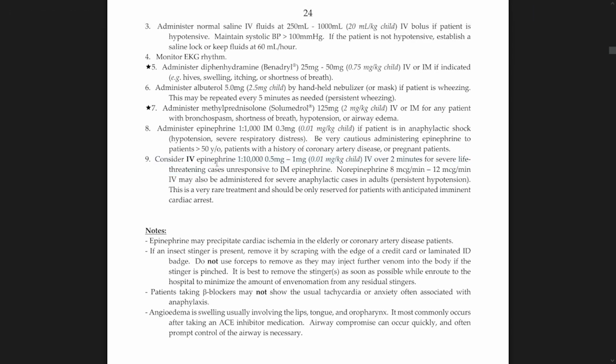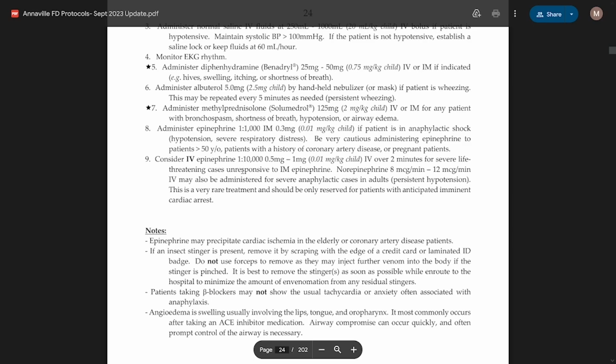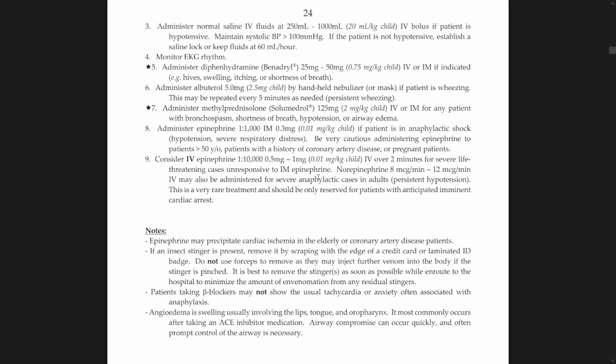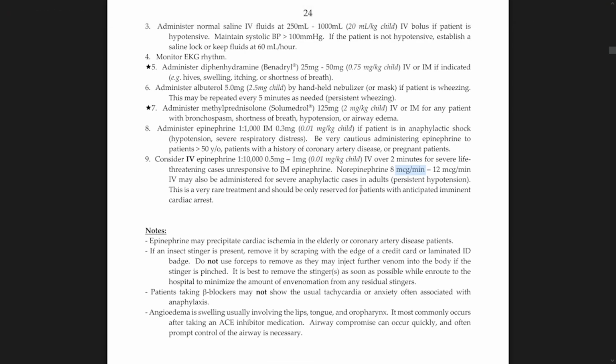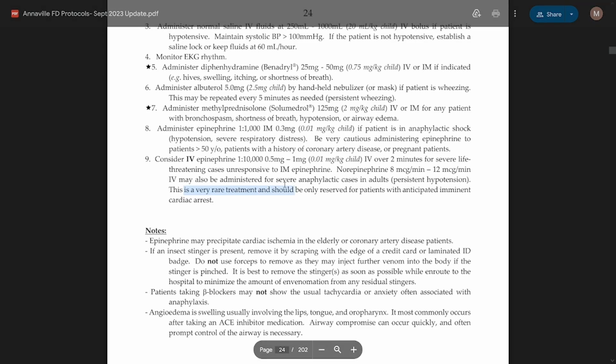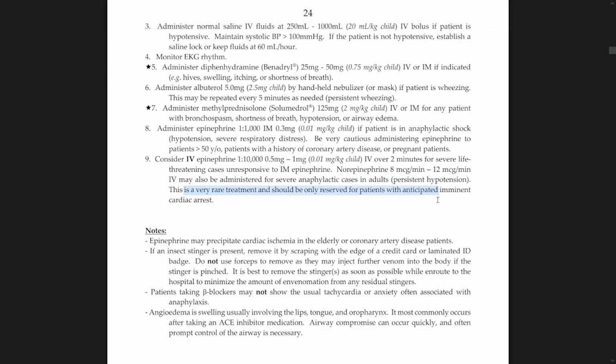Consider IV epinephrine 1 to 10,000, which we would normally use for cardiac arrest, at 0.5 milligrams to 1 milligram, or 0.01 milligrams per kilogram for a child, IV over 2 minutes, for severe life-threatening cases that are unresponsive to IM epinephrine. You can also administer norepinephrine 8 micrograms per minute to 12 micrograms per minute, IV, for severe anaphylactic cases with persistent hypotension. It's a very rare treatment, and it should only be reserved for patients with anticipated imminent